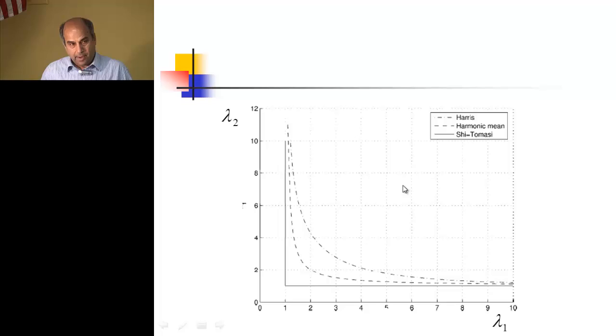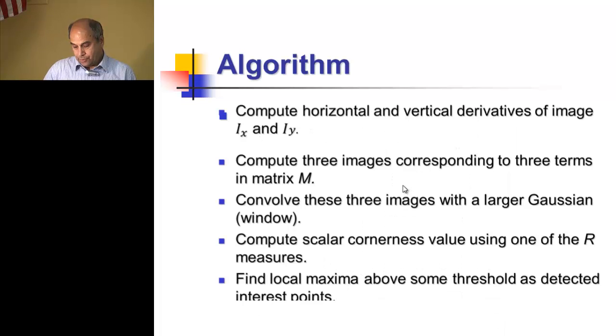So you get a similar output, but some little differences. People have compared that, and there's a comparison. But I think any one of these is reasonable. So then, in a nutshell, if you want to write a program for computing the Harris corners, then the steps are